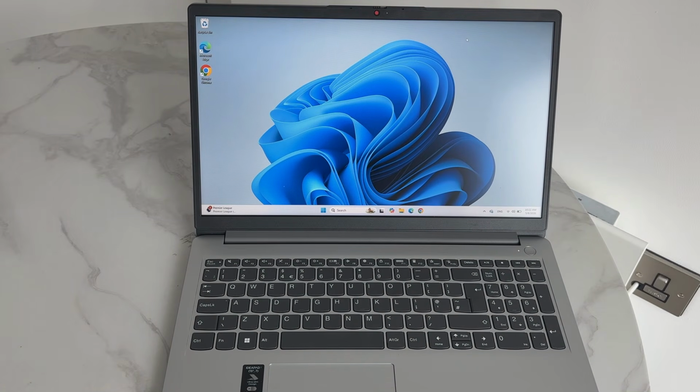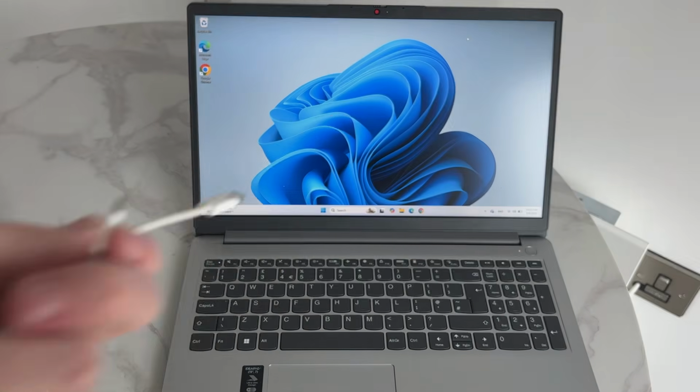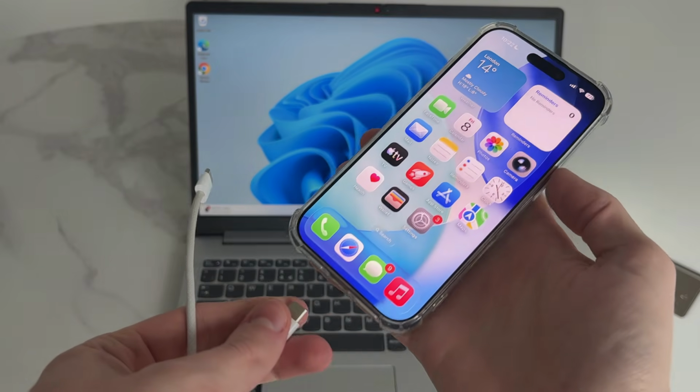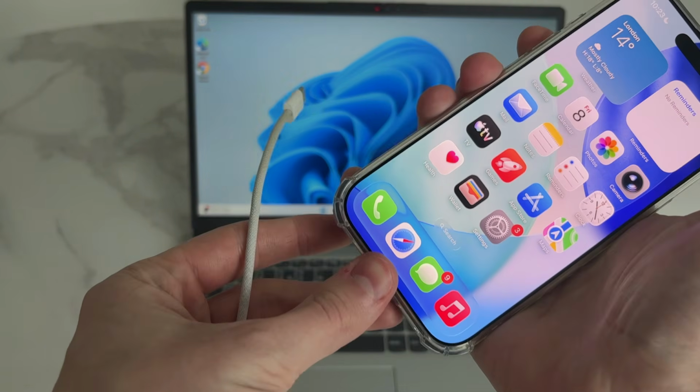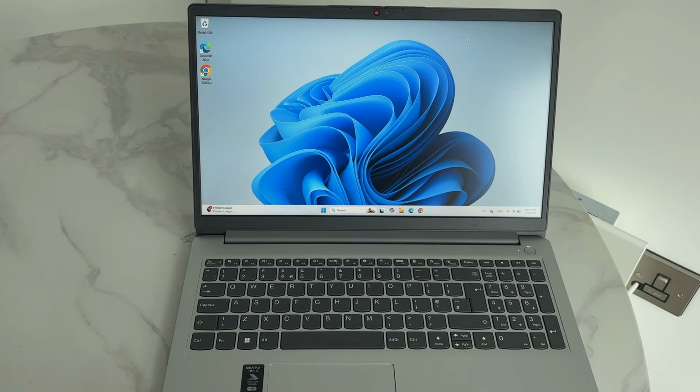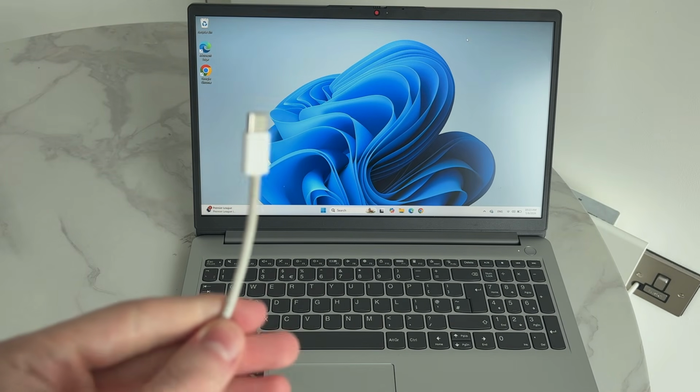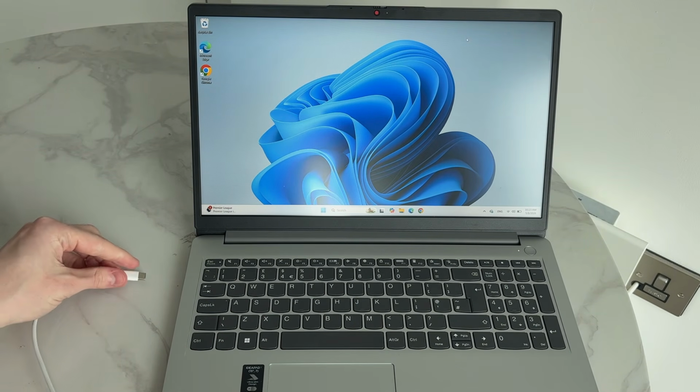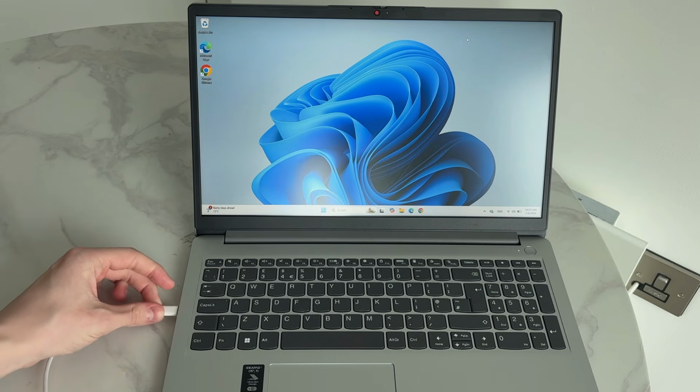So to get started with this, we're going to be using the cable. So what you want to do is grab it, as you can see. Just have your iPhone unlocked, as I have here, and plug one end in. And then plug the other end into the laptop. Depending upon the laptop, you may need to get an adapter if there's no port on there, and